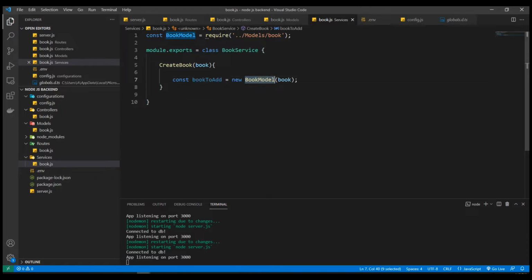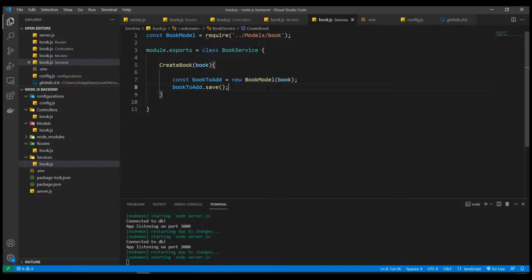Which is an instance of book model. We have passed the book that we need to take the properties from. And then what we can do is say book to add .save. And this is a function to save to MongoDB. Now, this method is asynchronous. So what we need to do, because we're saving to the database and it saves in an async way,